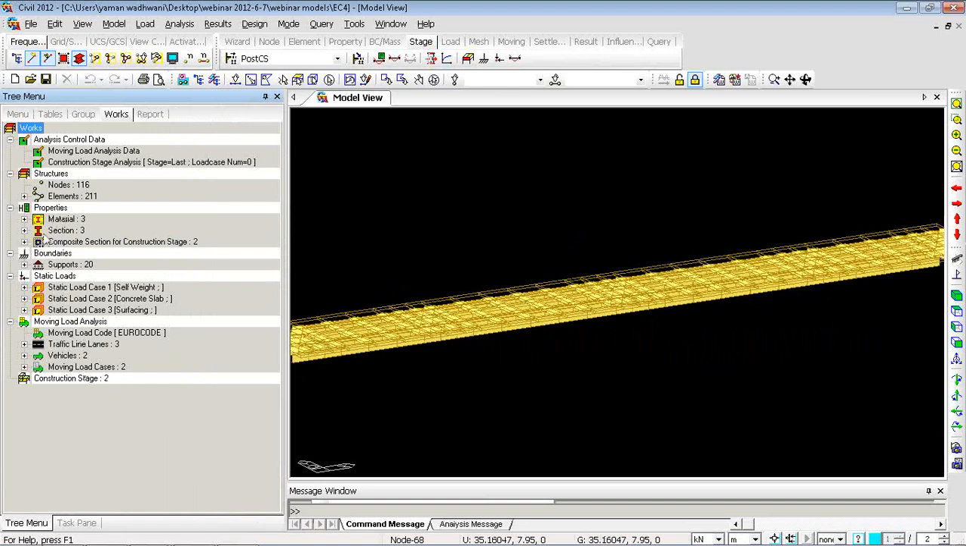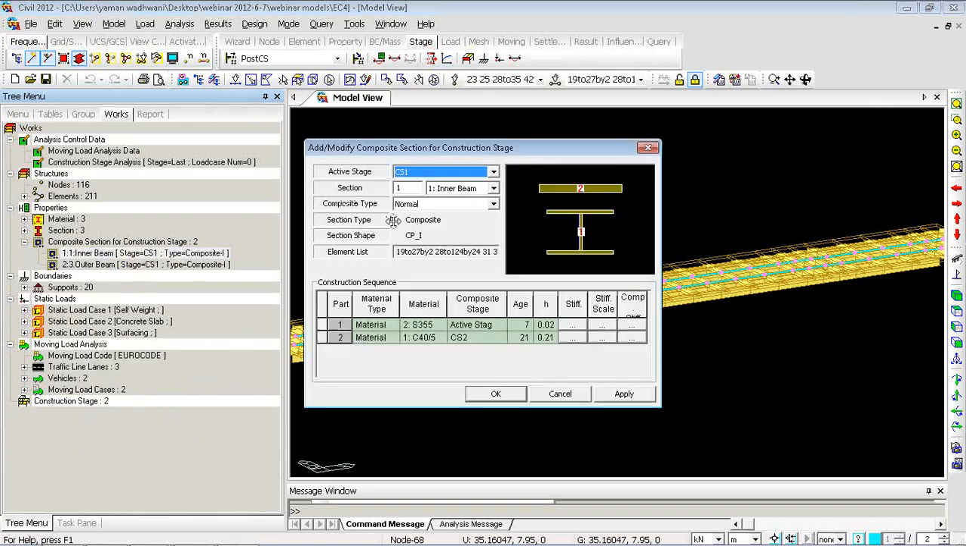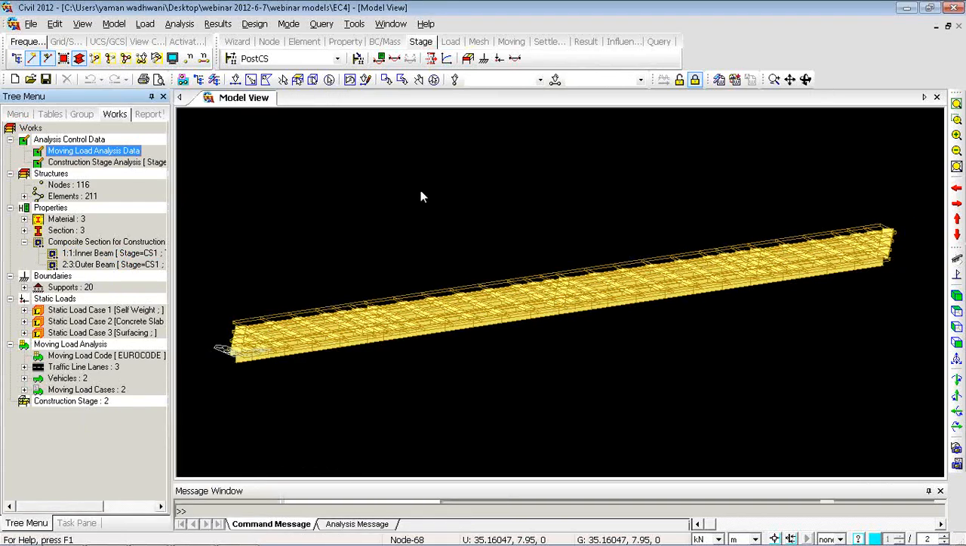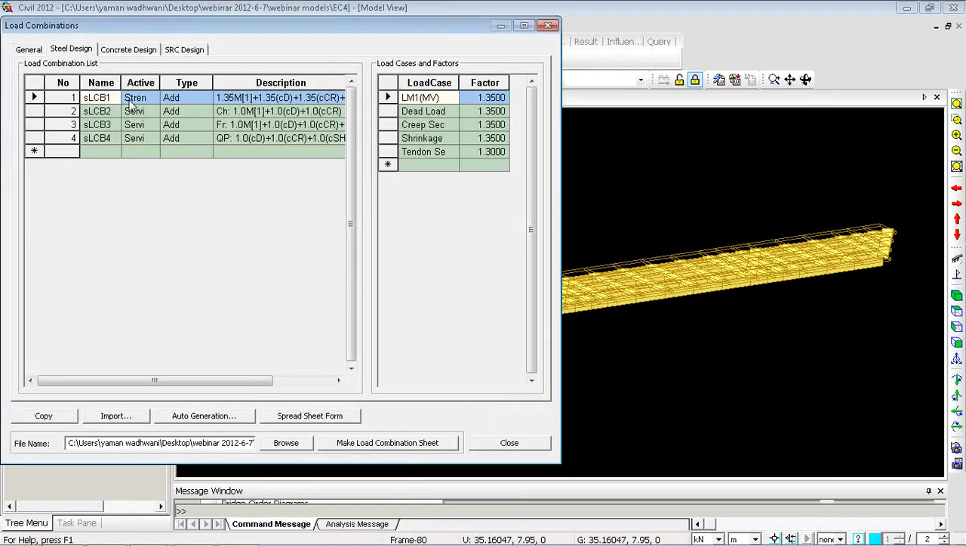Moving loads, and you can see composite section applied, composite section for construction stage, just like in that previous demonstration. Construction stage analysis control, moving load analysis control, both have been applied. And for the design, composite section design, we go to results, combination, create a combination in steel design category, and